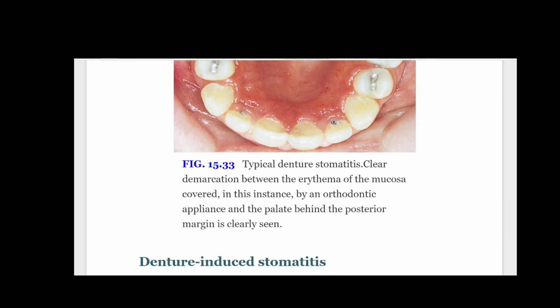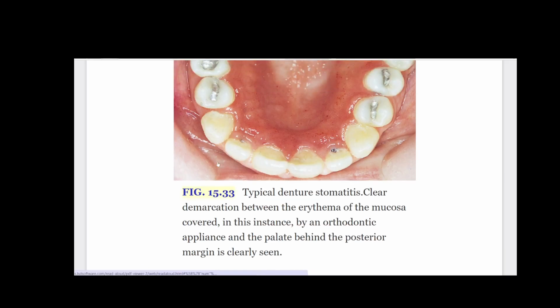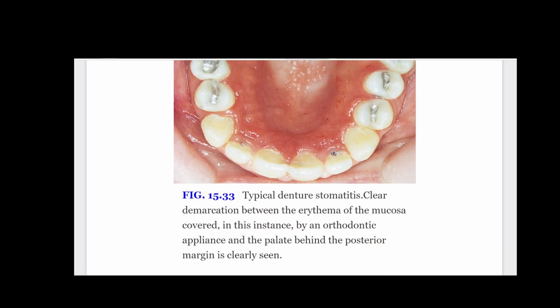Fig. 15.33 typical denture stomatitis. Clear demarcation between the erythema of the mucosa covered, in this instance, by an orthodontic appliance and the palate behind the posterior margin is clearly seen. Denture-induced stomatitis. A well-fitting upper denture cuts off the underlying mucosa from the protective action of saliva and provides a space